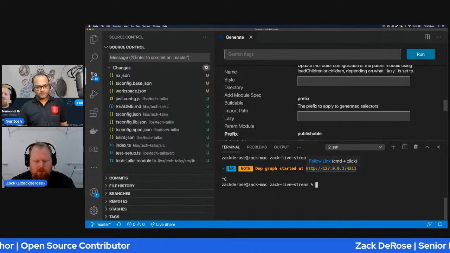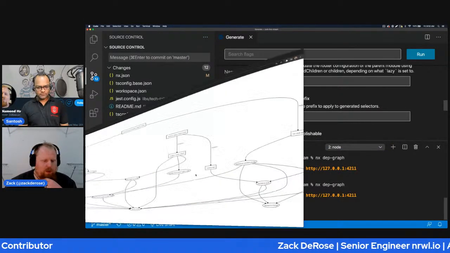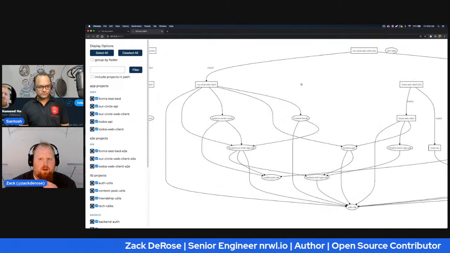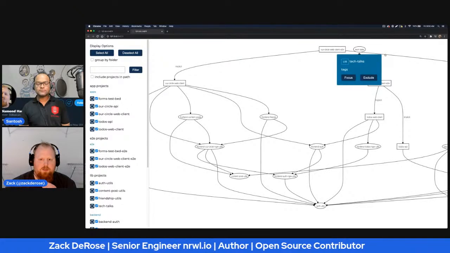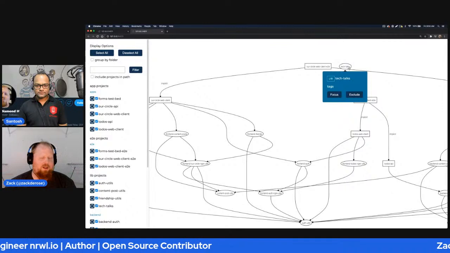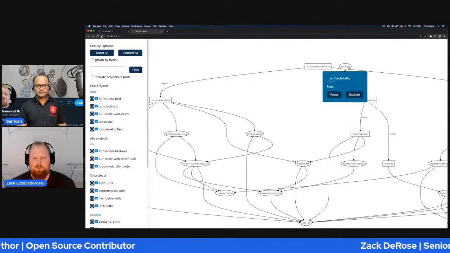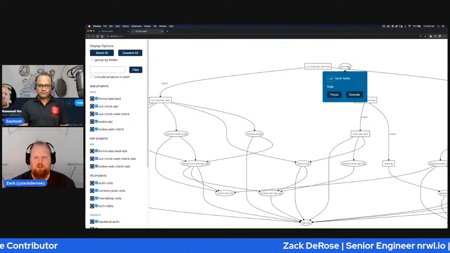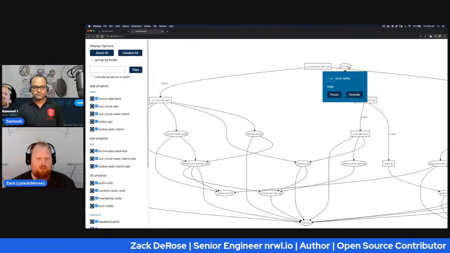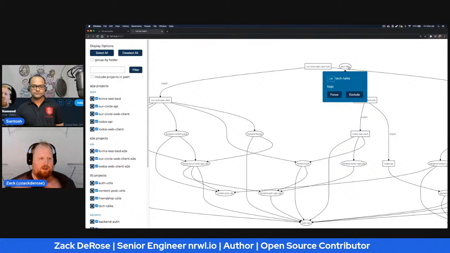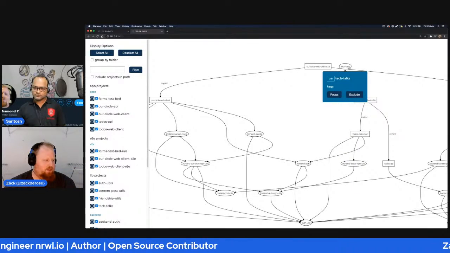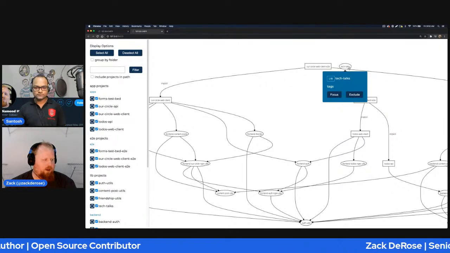But if we cancel this and restart our depth graph, we'll be able to see instantly if we select all. There's our little Tech Talks node up top there, so we can see like all these tools are kind of interlocked together. Makes for a really cool experience. Makes for a very productive experience in terms of getting all the information out there and empowering. Really, just giving you as the developer all the tools you need to figure out how to properly craft your